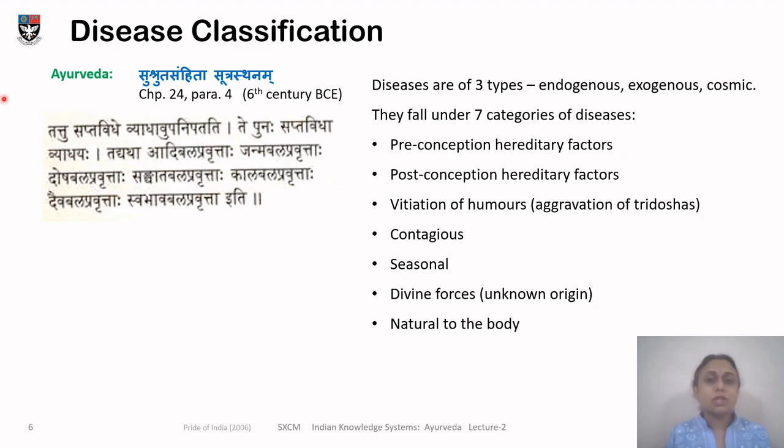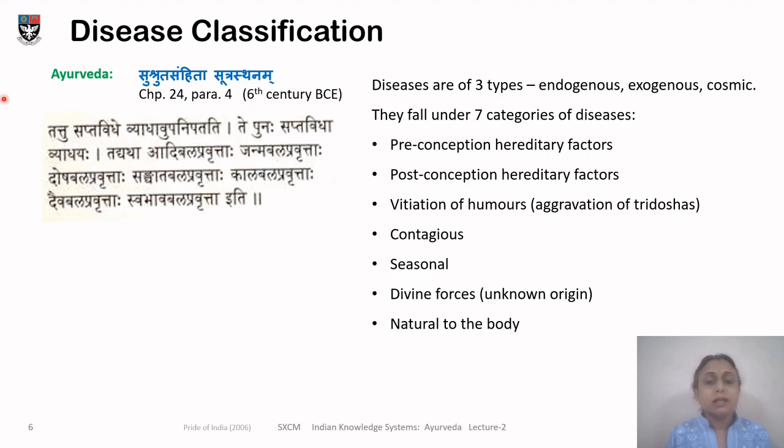It is not just about health, but also about disease. Diseases in Ayurveda are classified into three major types: those that are caused by endogenous or inherent factors, those that are caused by exogenous or external factors, and those that have a cosmic or an unknown origin. They fall under 7 subclasses: those that arise because of preconception hereditary factors, genetic factors affecting preconception, that is in the parents; post-conception hereditary factors, genetic mutations that occur after the embryo is formed, the egg is fertilized by the